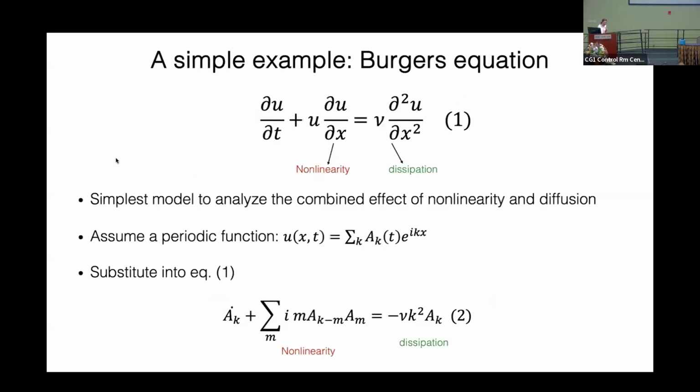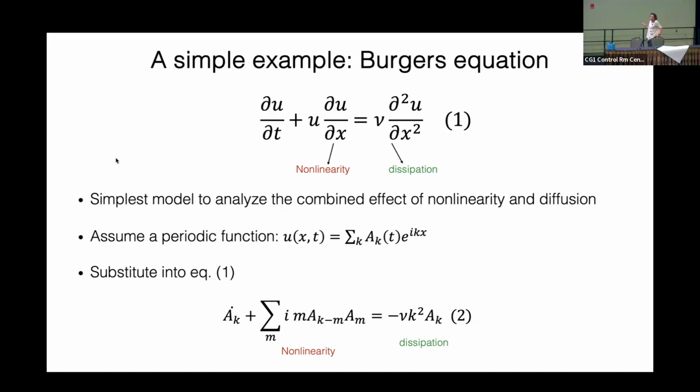Now, as we shall see, this is really described by Navier-Stokes, okay? However, to understand how this nonlinearity leads to the formation of smaller scales, it is very useful to use a simplified model, represented by the one-dimensional Burgers equation, which contains the main ingredients that we are interested in. Okay, we have a nonlinear term, the nonlinear advection here, u d dx u, and then there is dissipation on the other side. Okay.